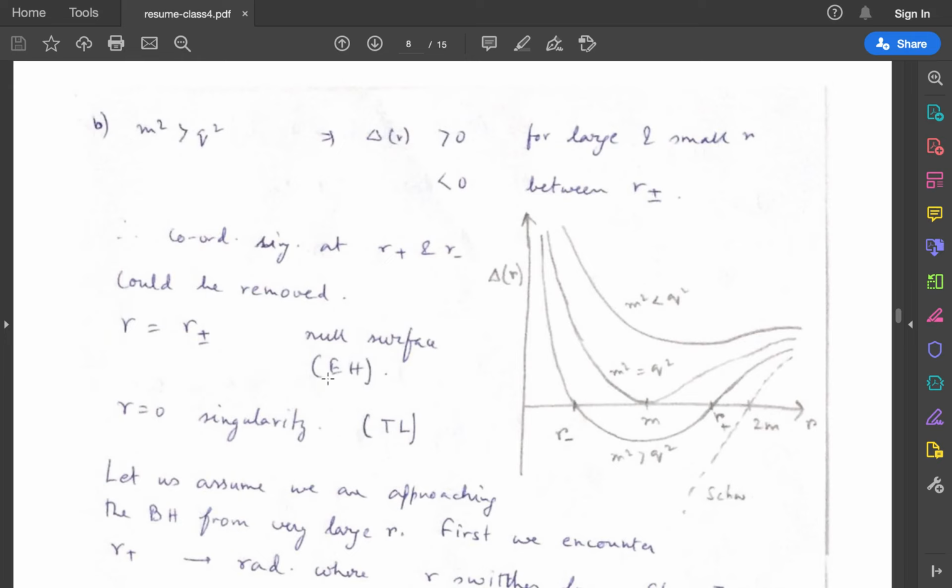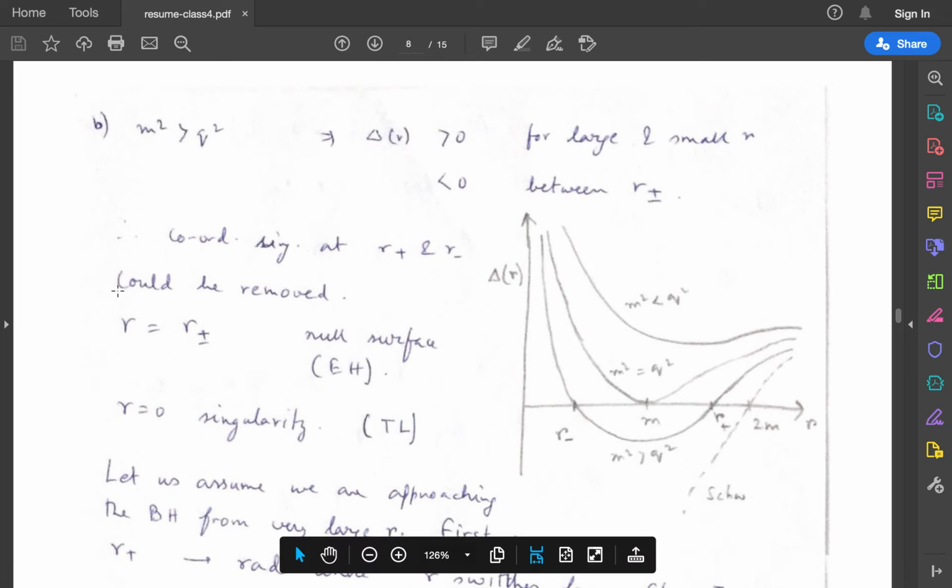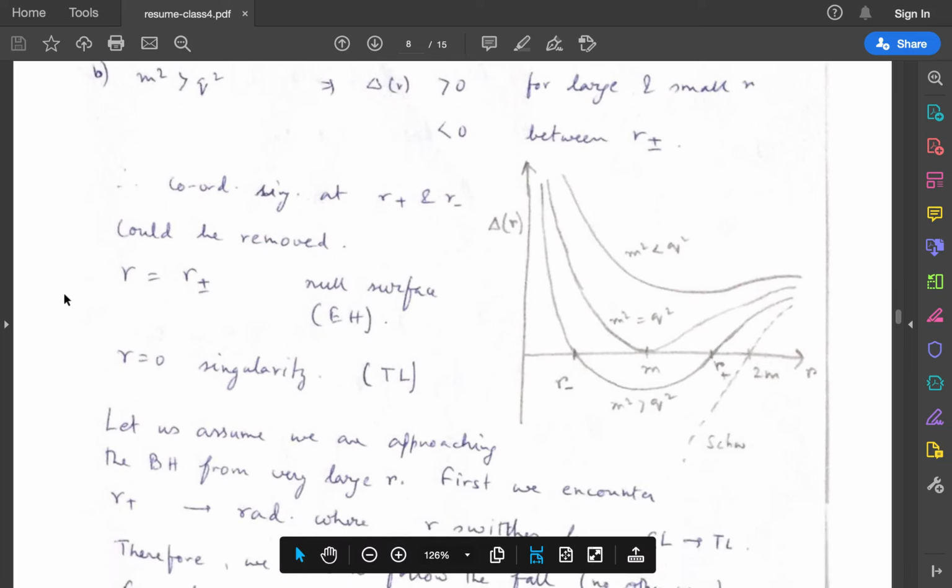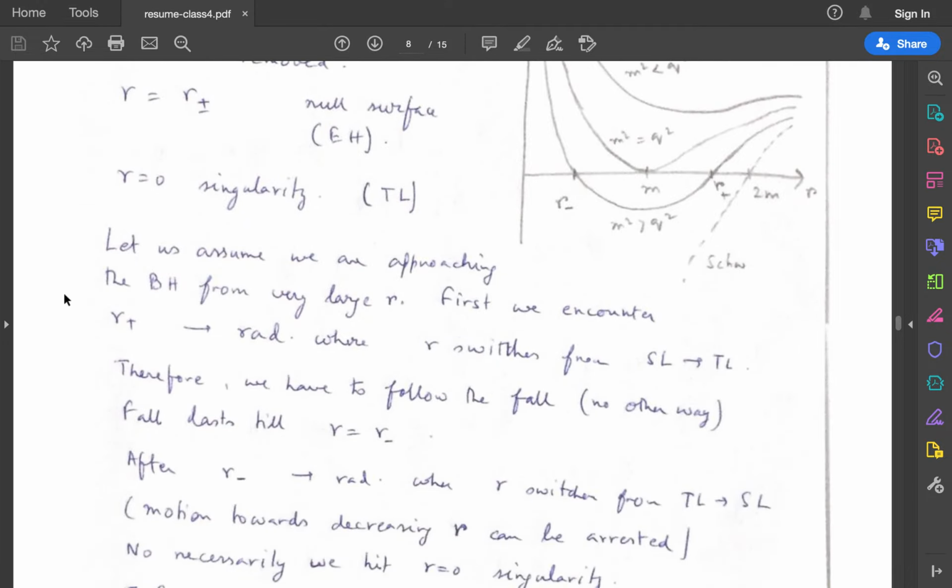So these are the event horizons, and r equal to 0 is a singularity, which is time-like. Okay, so this is interesting. The r equal to 0 is a time-like singularity, and r equal to r plus and r minus are null surfaces. They are event horizons. So what we do is, let us assume that we are approaching this black hole from